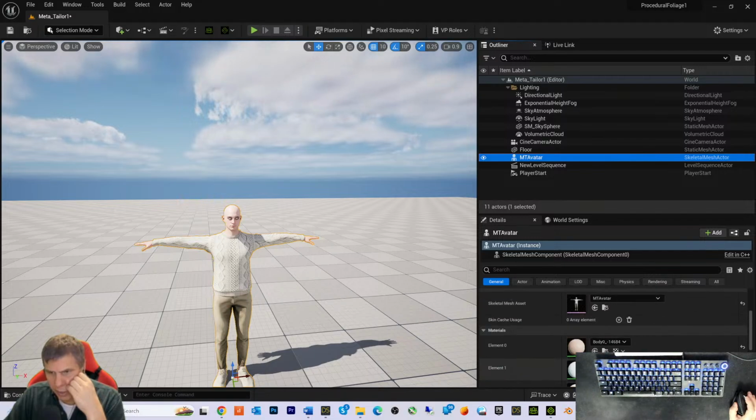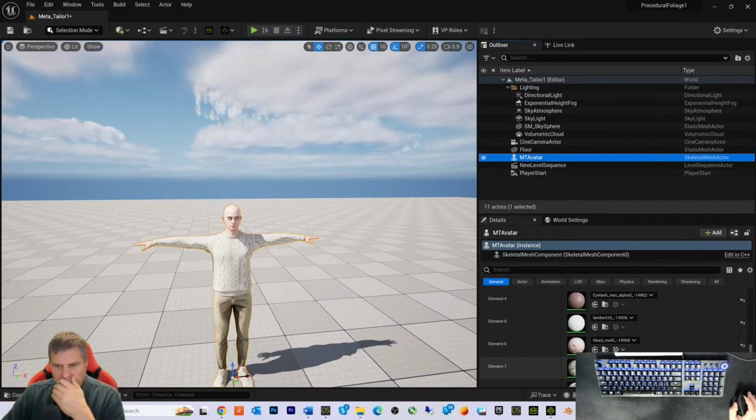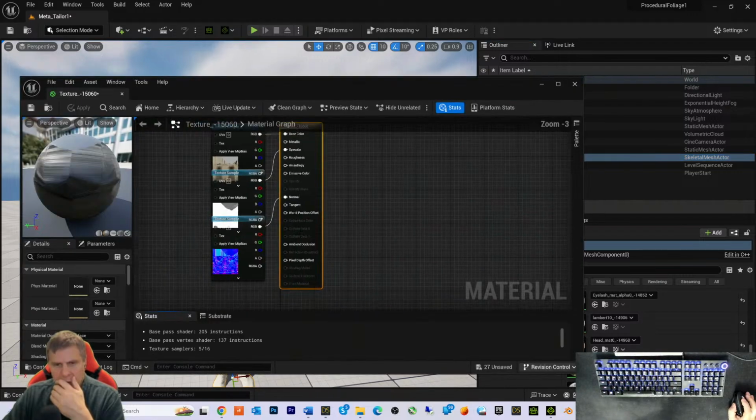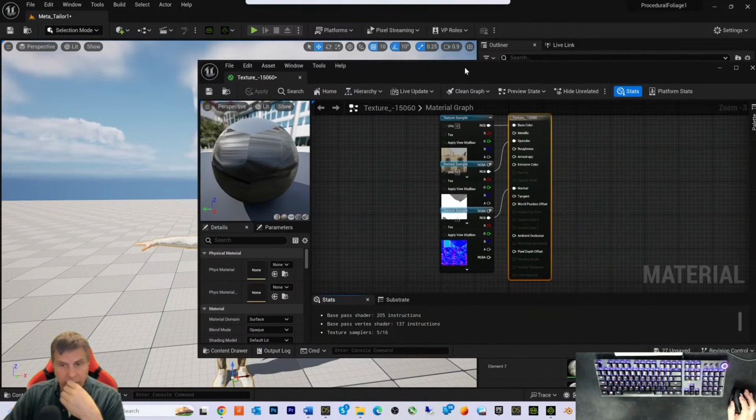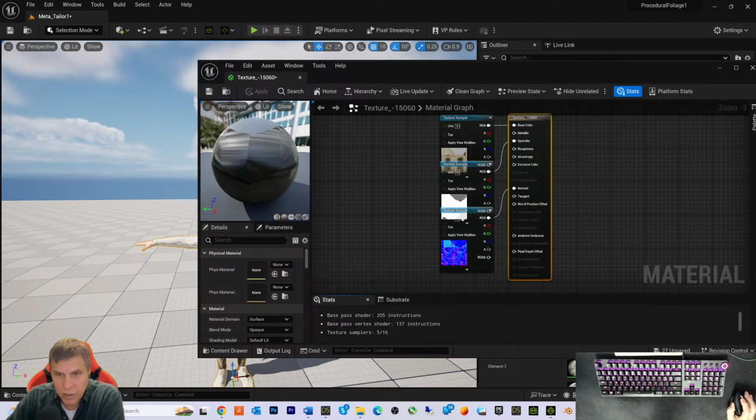Left eye, body. So this has to be the sweater texture. Okay, it is. The sweater is showing that it has a normal map, which is kind of weird. We got a base color, we got specular and normal map. But